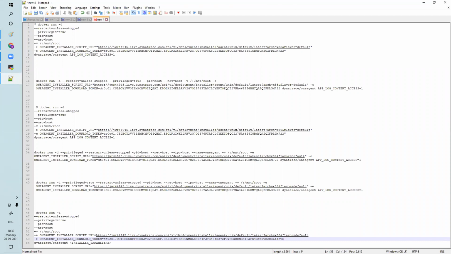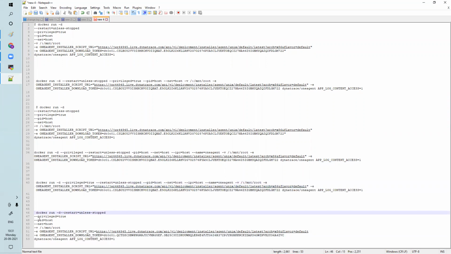Okay. Here, for the installer parameter, we should give Dynatrace/one agent. Here we need to give this one. Okay, so now we have given all the data. Now we need to combine it like this. Combine means you need to do it like this.